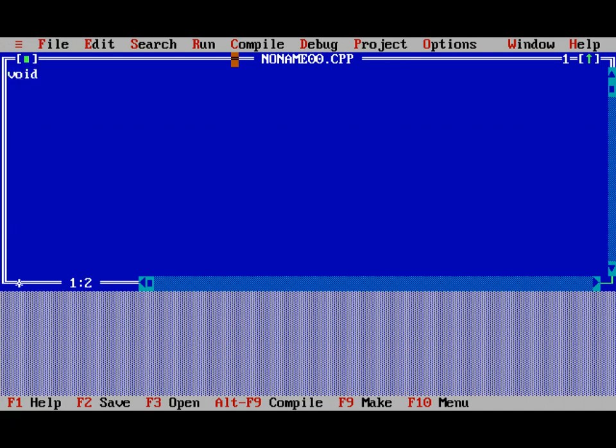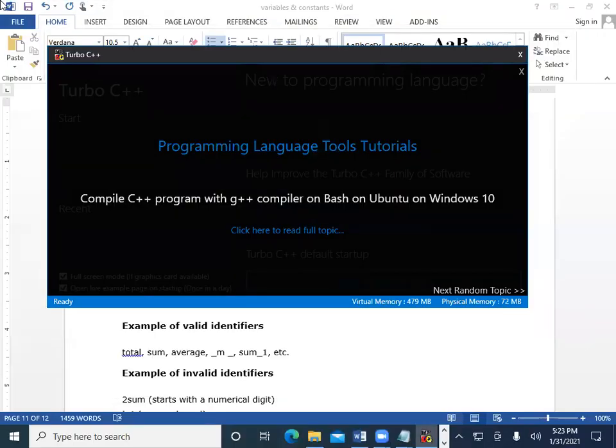As it is a keyword, if I write void with all the letters in small case, it is considered a keyword. And if I make one change, if I change its first character to uppercase, then it's not allowed. So it gives an error. It differentiates between capital and small letters, as C programming is case sensitive.